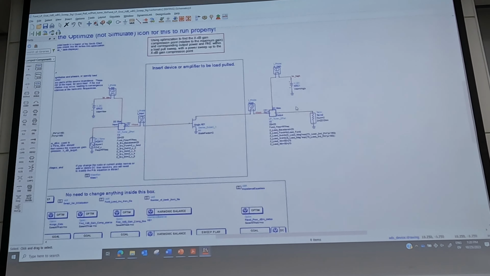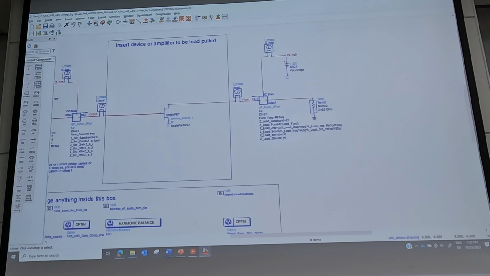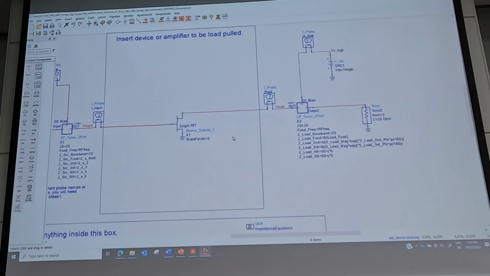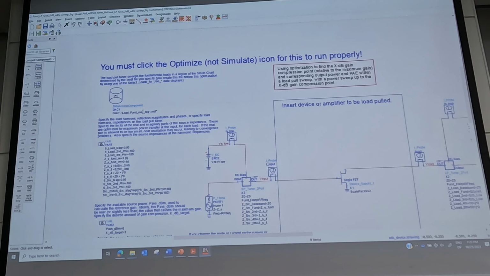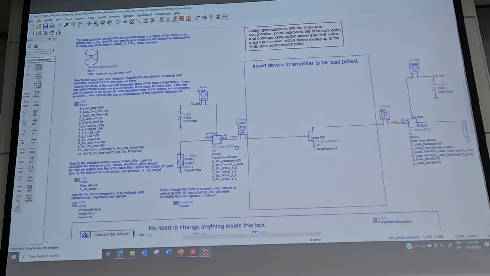In this case, we're able to select the loads as before using the graphical load pull data display. And you can similarly do a source pull the same sort of way.